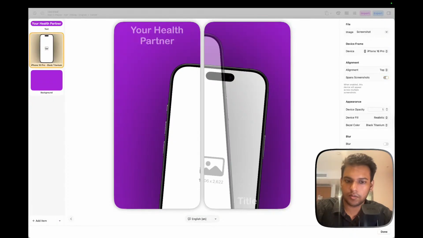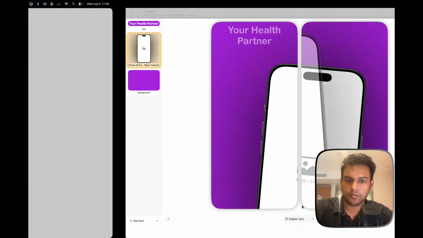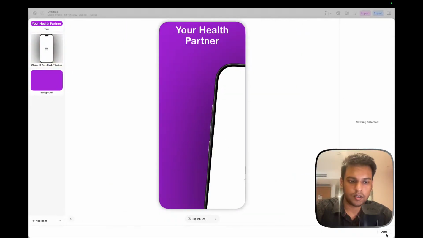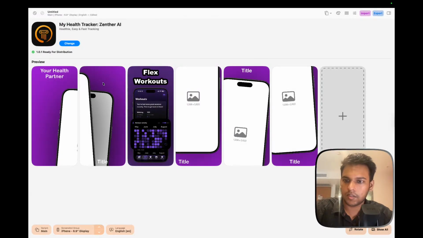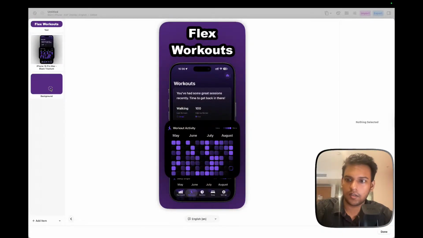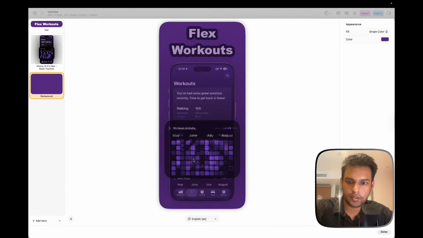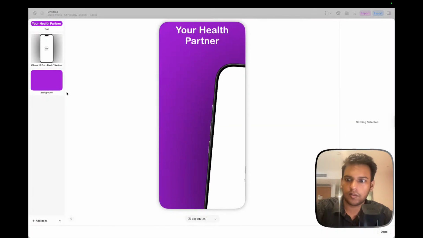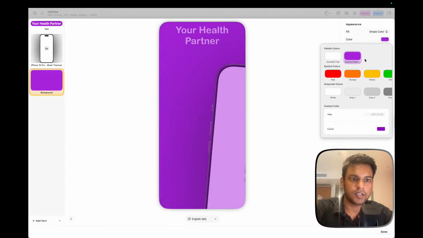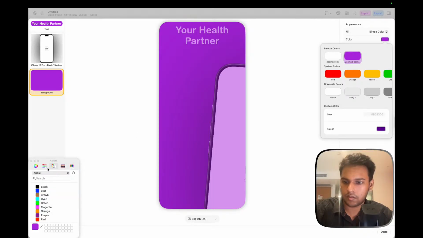So what I would do instead is I will go close this, and first of all I would want to have the same color, this background color. Let's get the hex out of it, and here we'll use the same hex. I think hex goes somewhere here.